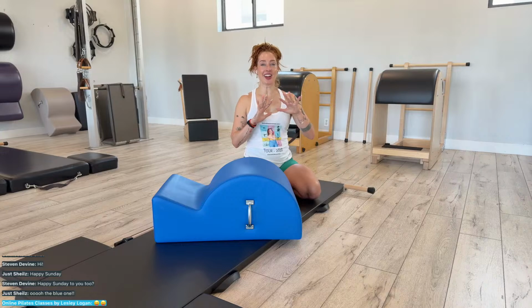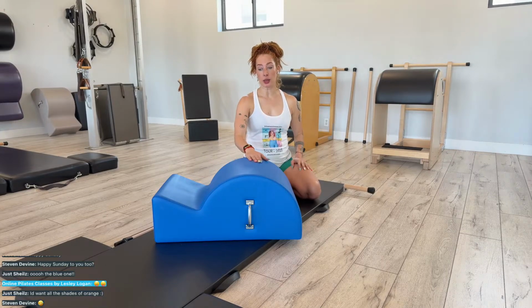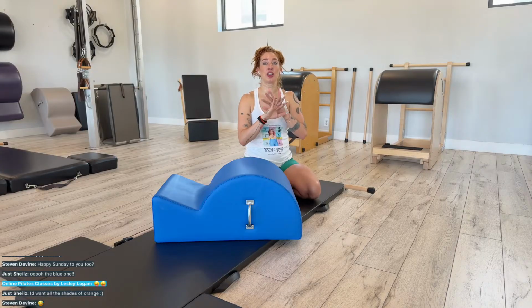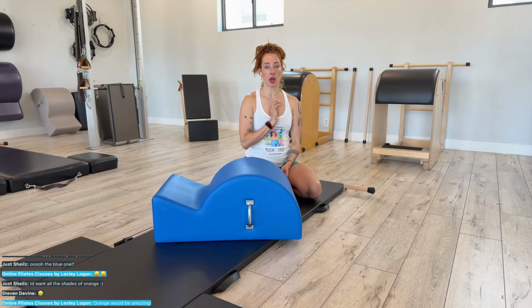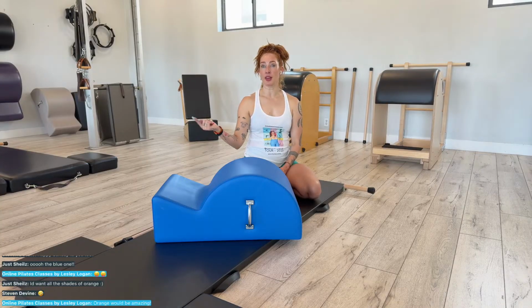So on black or a dark gray, you will see sweat, right? But on lighter colors, including bright colors, you will actually see the shade of dark that comes off in the sweat, the dirt. Nail polish, you actually have to be really, really mindful. I used to have a rule in my studio that if you had red or a color of red toenail polish, you must wear socks because it would just leave a line on the equipment